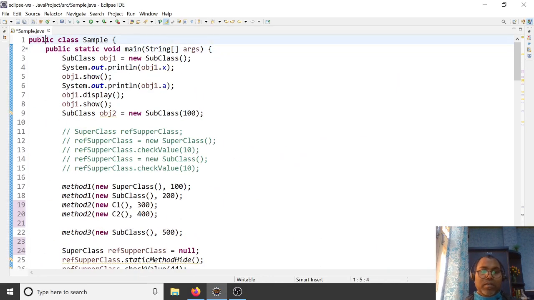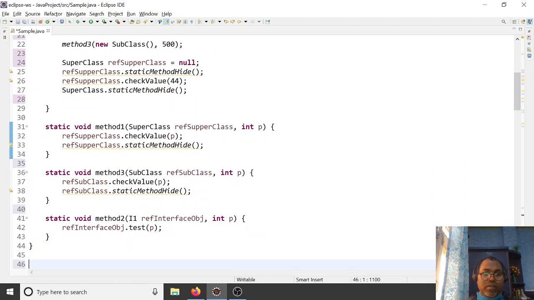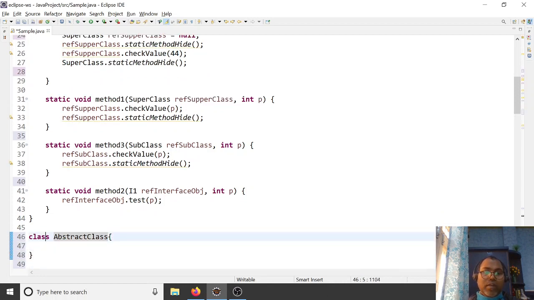Let's see here. You write abstract class. Any class you can write as abstract.